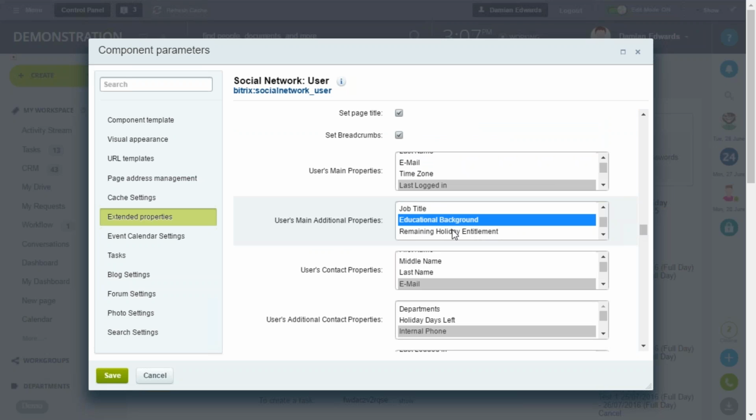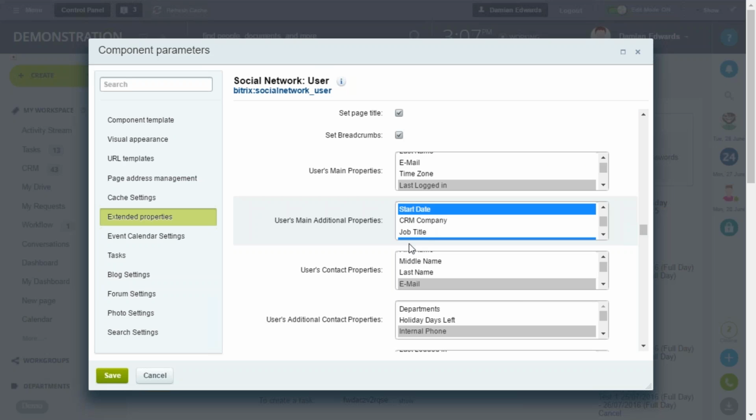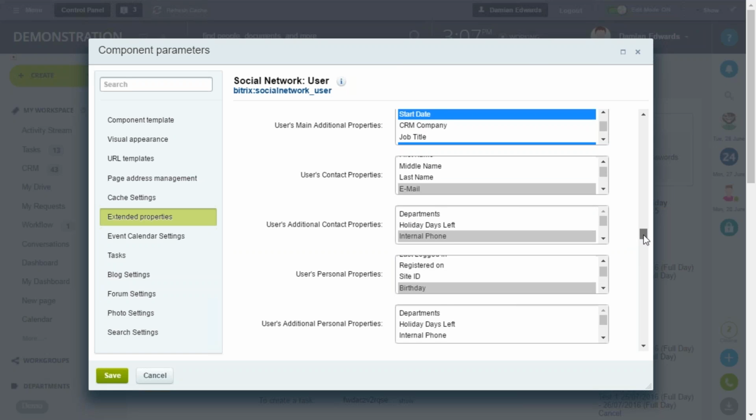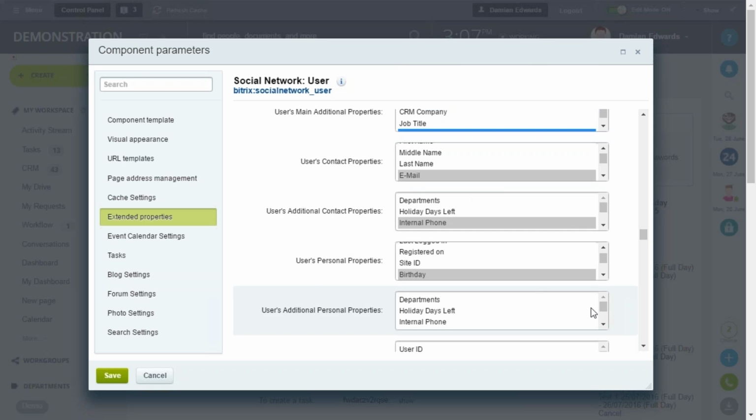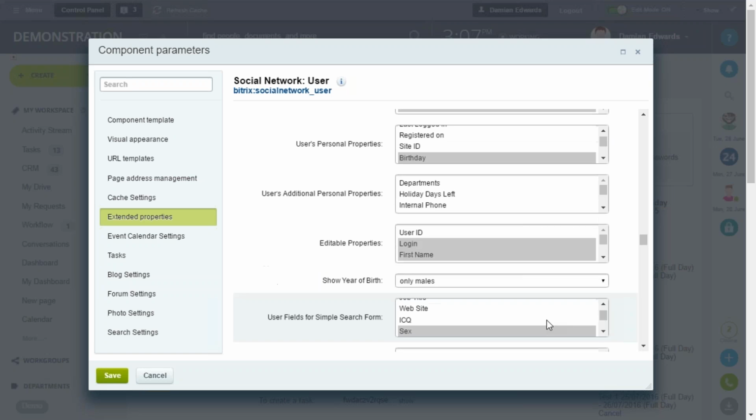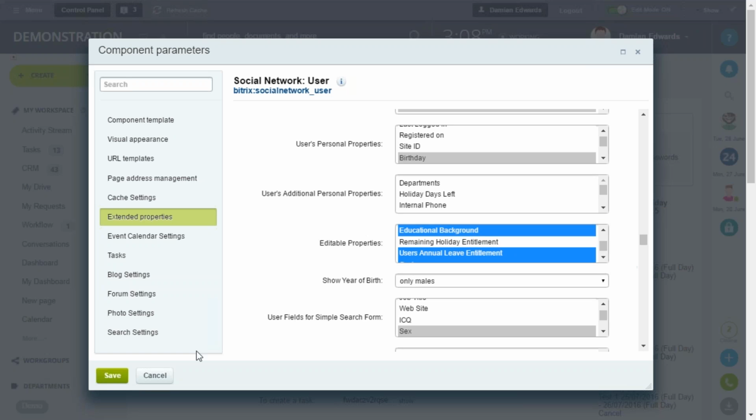I just held down Control there to make sure that it's a multi-select field, so we can add more fields there if we like. Then we just need to scroll down to make sure it's in the editable area. So if we scroll down and find the educational background again, and there it is. Okay, so if we click on save,